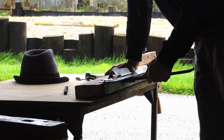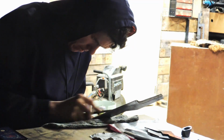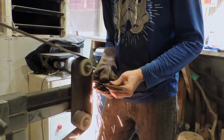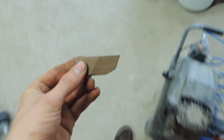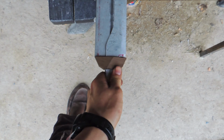Bending on makeshift sheet metal brake. Getting things lined up, surface finishing, cutting, grinding pommel pieces, more grinding of sword, making a mounting surface to join crossguard to blade, tight fit to lock everything in place,